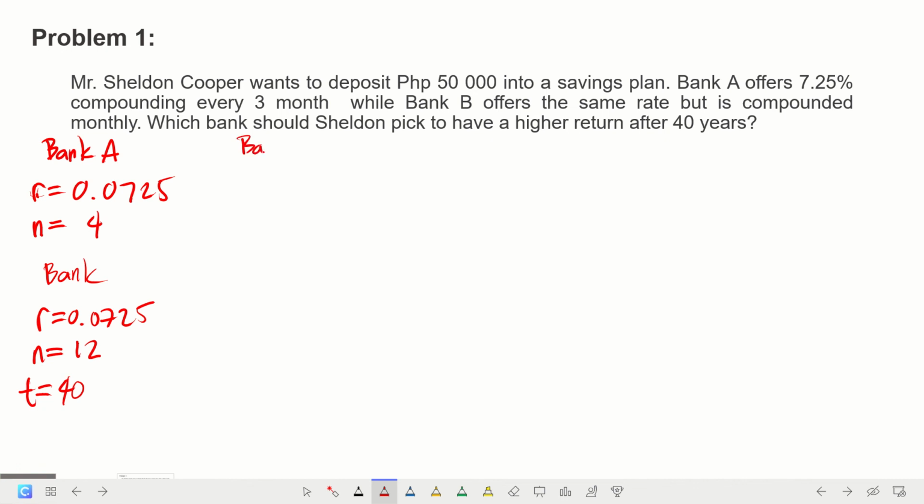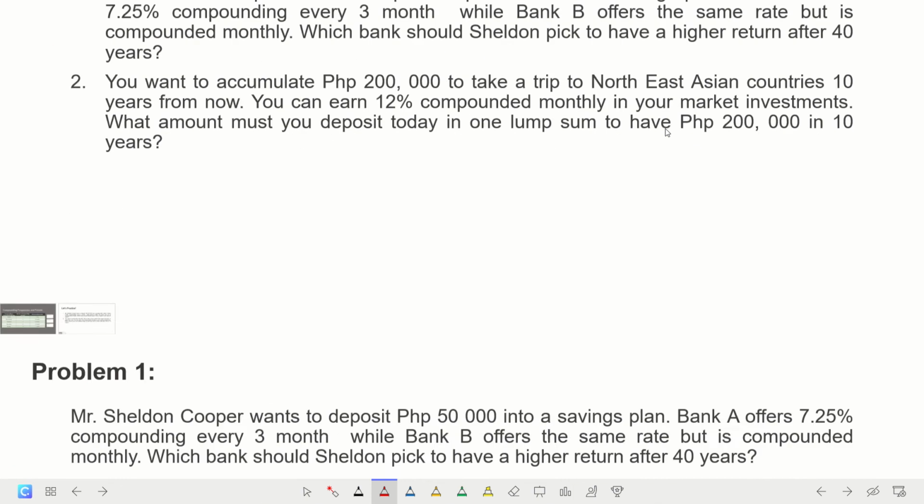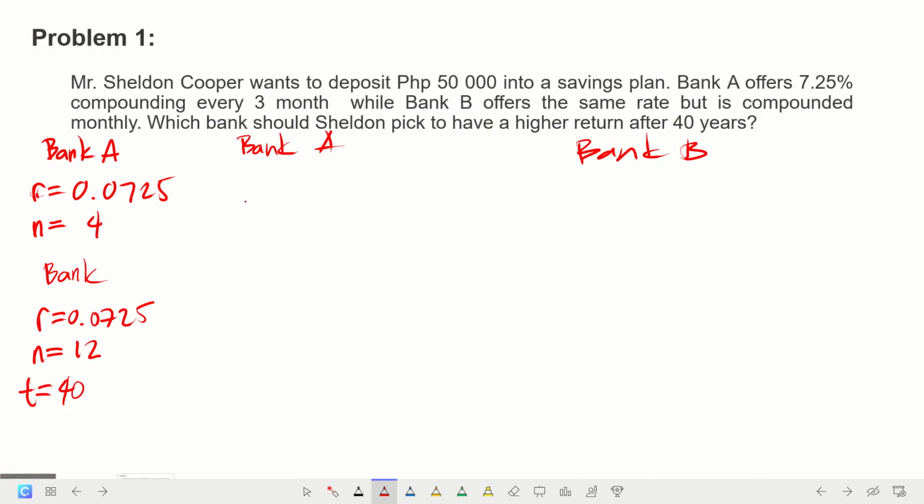For Bank A, we have here A is equal to P times 1 plus R over N raised to N times T. So, our principal value is equal to 50,000. So, 50,000 times 1 plus 0.0725 divided by 4 raised to 4 times 40